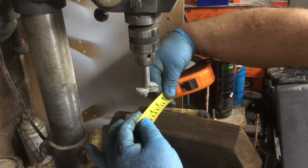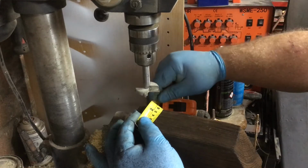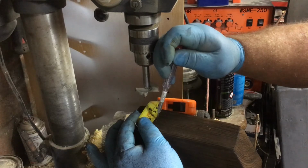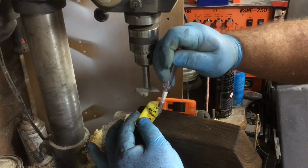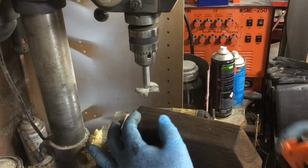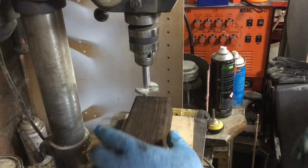Excuse the use of my electrical screwdriver, but I haven't got my bradawl handy. I know where nothing is in this garage at the moment, in this workshop. Right. There we go. Now then,